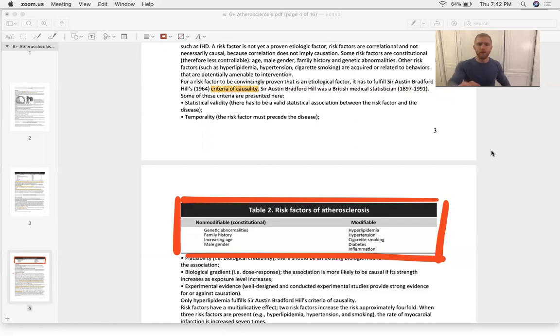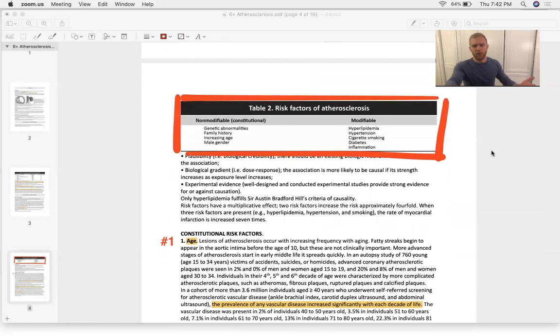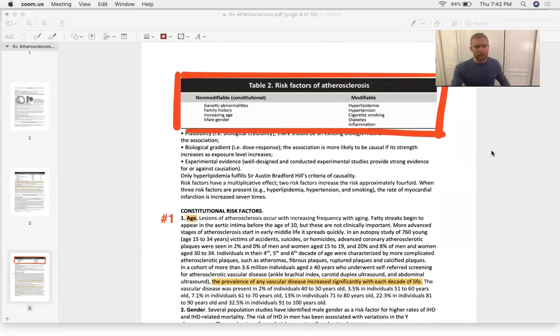So that's a bit of a historical novelty there. It doesn't really apply to this exam, though. You won't get tested on the definition of a risk factor. You might, however, get tested on the risk factors for atherosclerosis, which I have outlined in this table 2 in red. And this is an important table to note because in a couple of pages, we discuss some risk factors